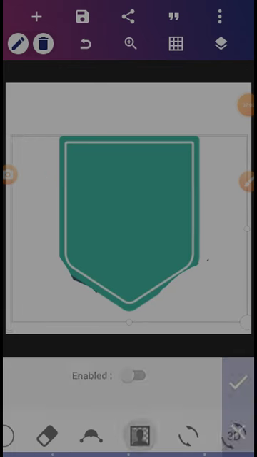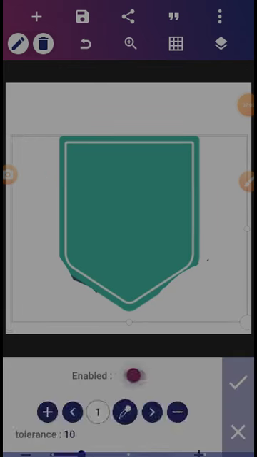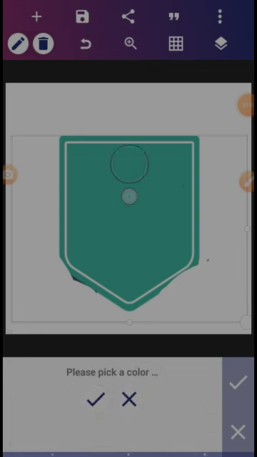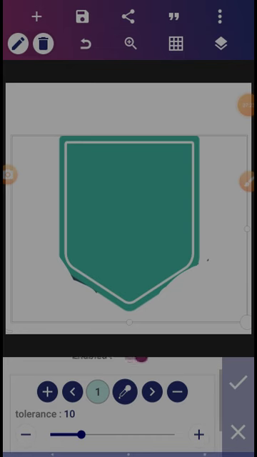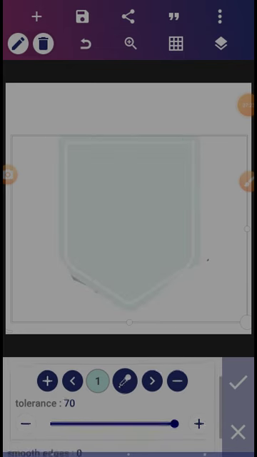This is erase color. If I want to remove a particular color now, for example, I want to remove the white color. If I click on this and I select the color I want to remove, I just want to remove the white there. This is it. If I click on pick color and tolerance,